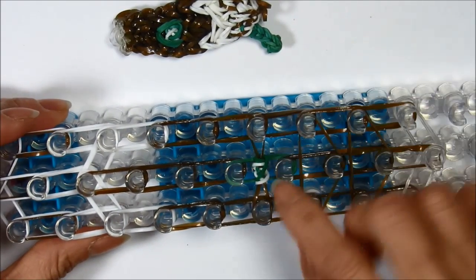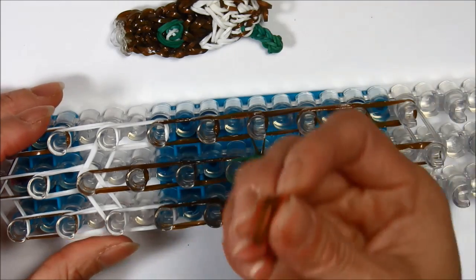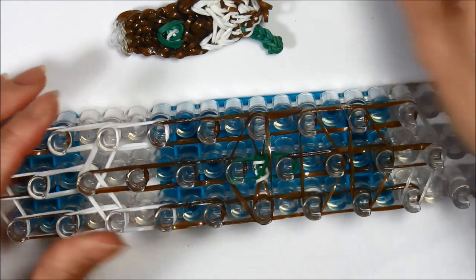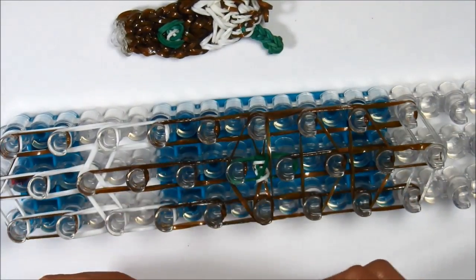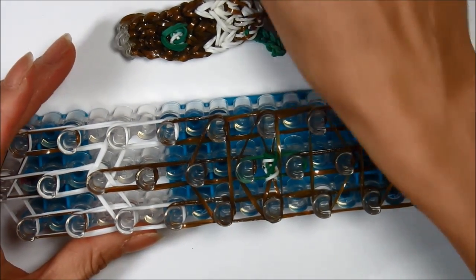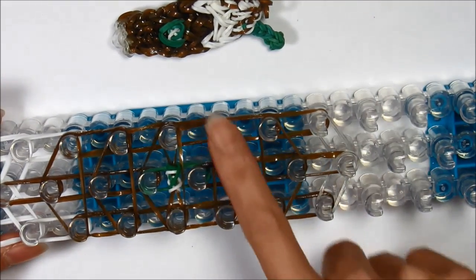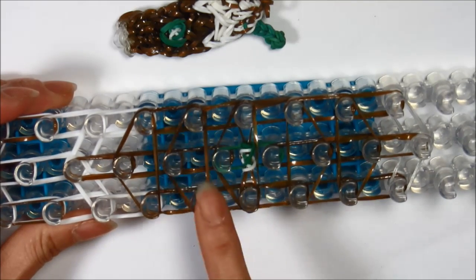And center it inside the green rubber band that we have here. And taking a single brown, I'm creating a triangle around that green to hold it. And let's take 2 single browns for holding rubber bands above that, 2 single there, and 2 single here. So there's your holding rubber band, a single, double, a single around the green triangle, and 2 singles here, 2